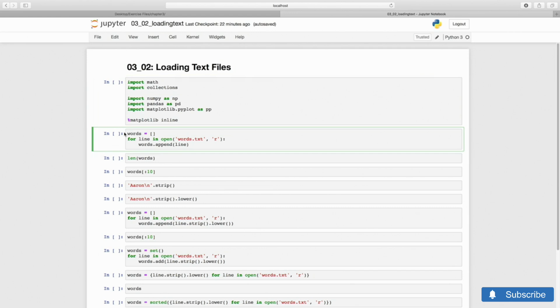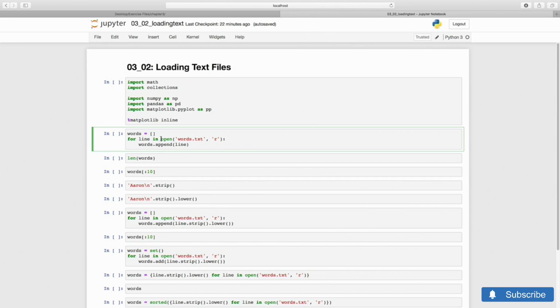Now, in Python, we talk of idioms to refer to code constructs that have become the preferred way to achieve a certain goal. A classical example is looping through all the lines of a text file. To do so, we open the file for reading, that's open with a mode of r, and then we can use the file as an iterable in a for loop, which has the result of giving us the lines one by one.